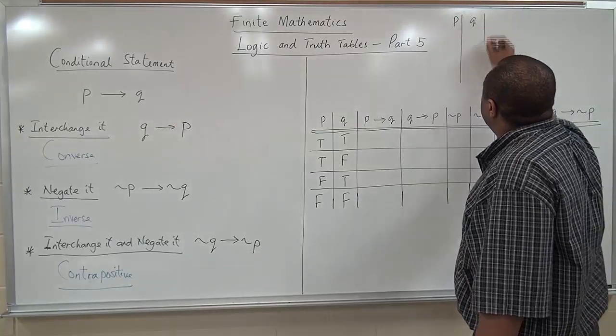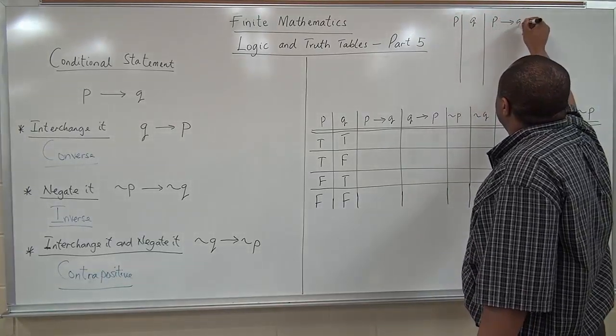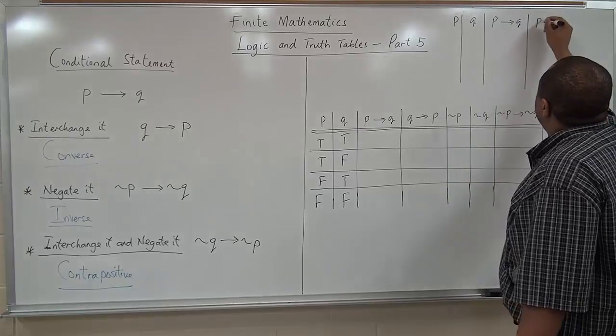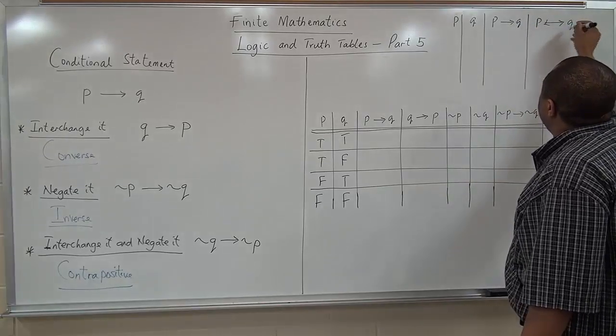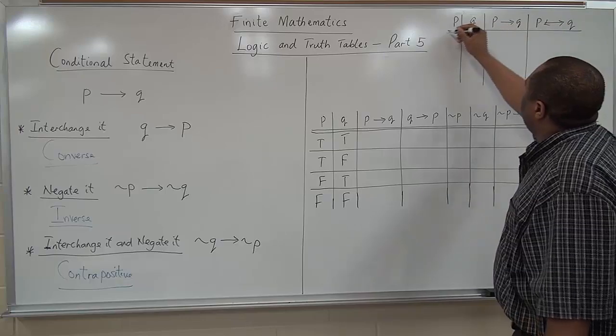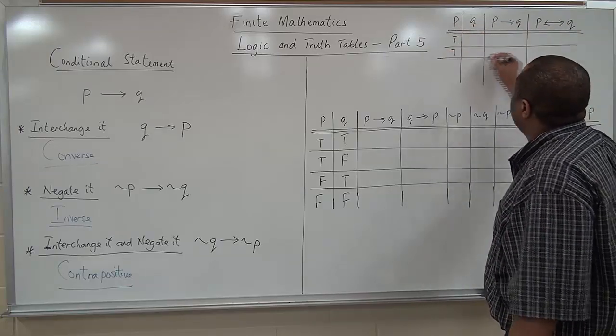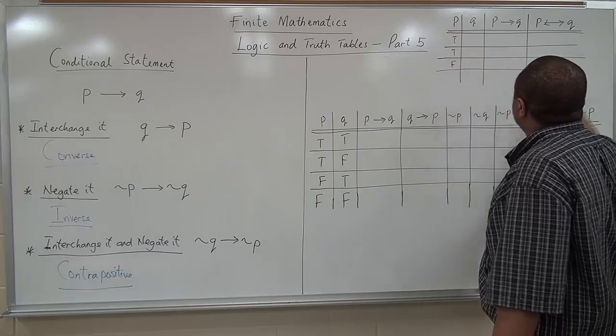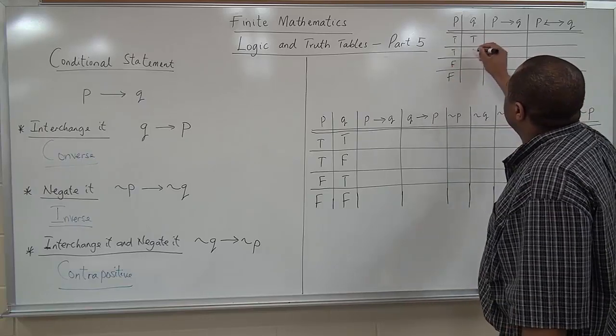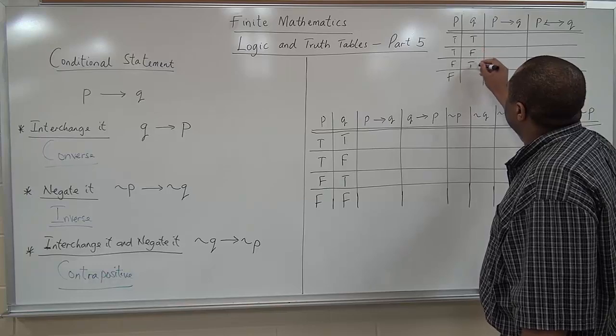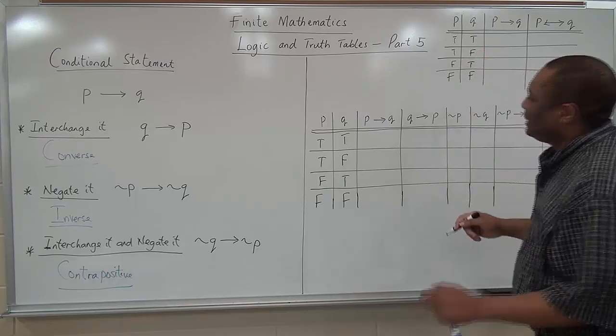We have P, we have Q, we have P implies Q, we have P if and only if Q. This is the biconditional. Now, if you can recall what we did earlier in the previous video, true, false,